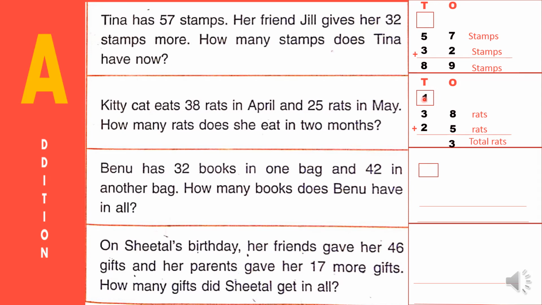Okay, 13. Right here, think 13. 1 is in the tens place, 3 is in the ones place. So I'm writing 3 here, and I'm writing 1 in this box. You have to draw this box, you have to write 1 like this. Okay, next you have to add the tens column.